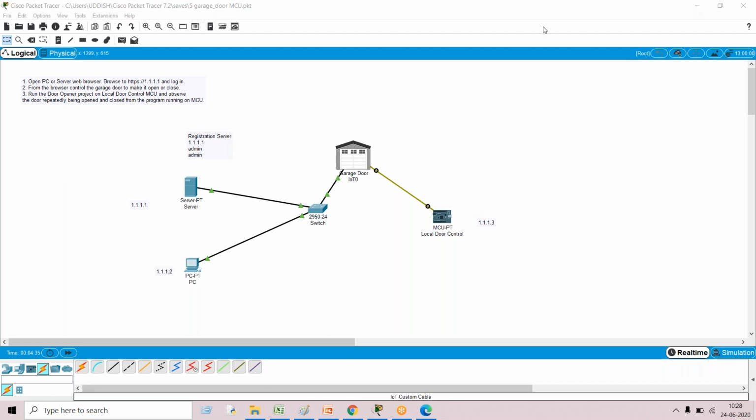Yesterday's session. Hello, sir. Sorry to disturb, sir. Actually, I have one very important query about the Cisco Packet Tracer IoT part. Can you repeat the question?